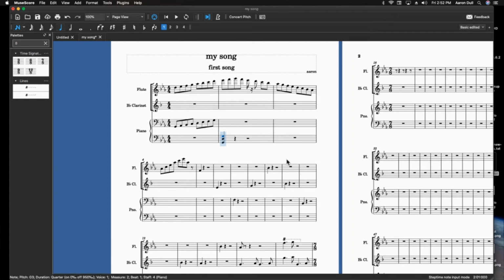Or if I want the D below, well, we're out of luck, because if I press the down arrow to move my select focus down and select the D, that does not have the desired effect. What it's actually doing is this. And so I have to exit note entry mode, press the letter N, click on the D, and Command down. So it's better just to delete the whole chord and then just write, and I want the D below this time, so I'll just start with the D, G, D. And